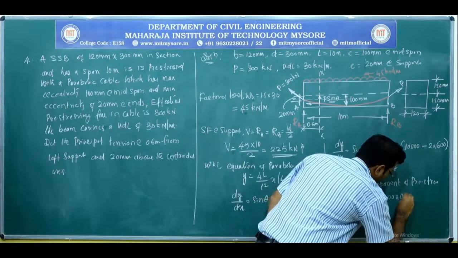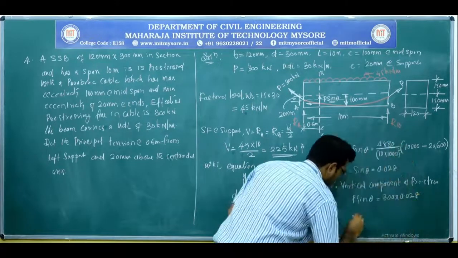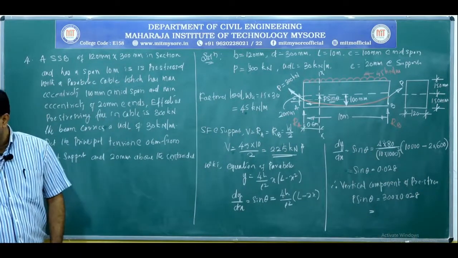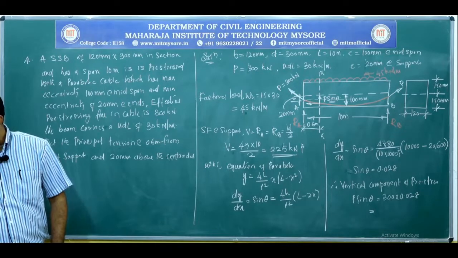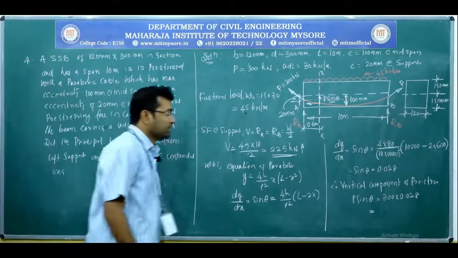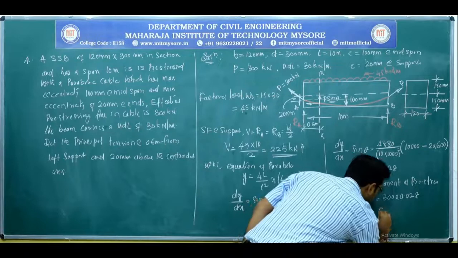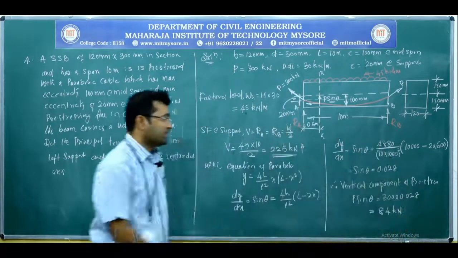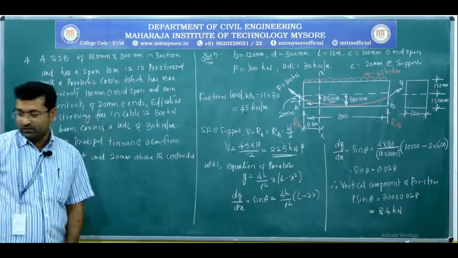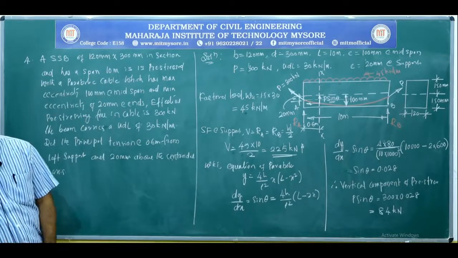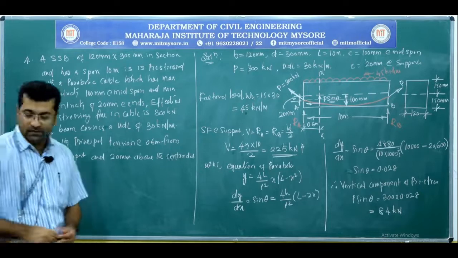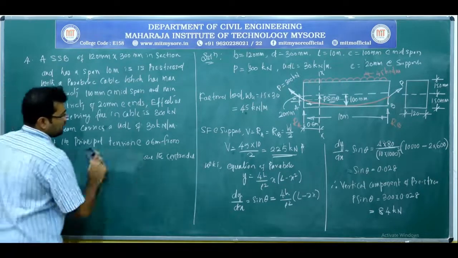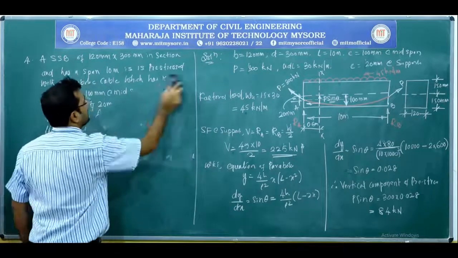So 300 into 0.028 gives a value of 8.4 kilonewtons. So once we have this,